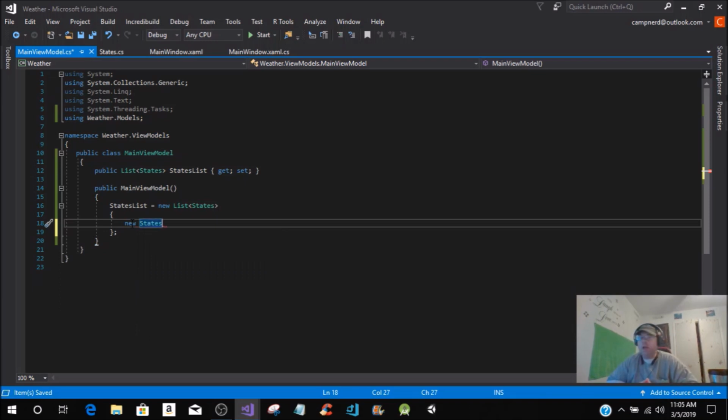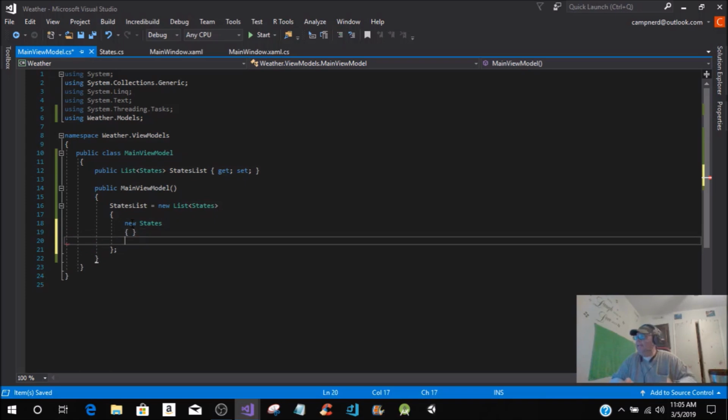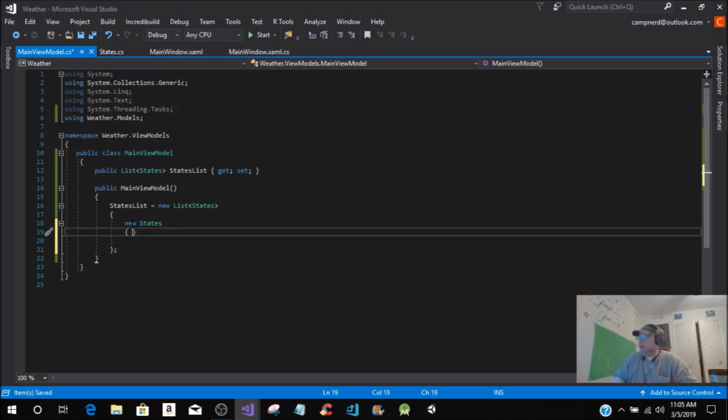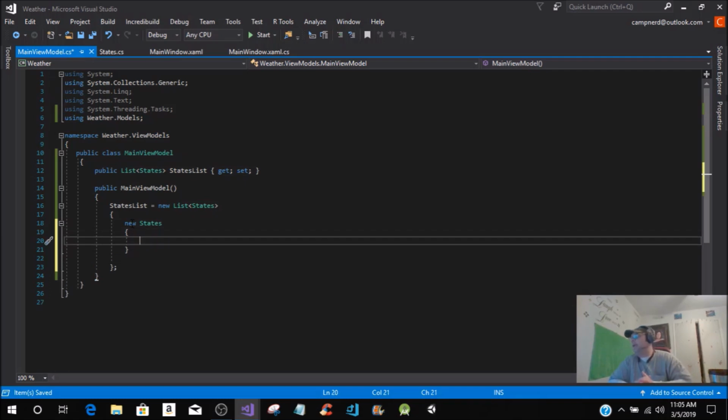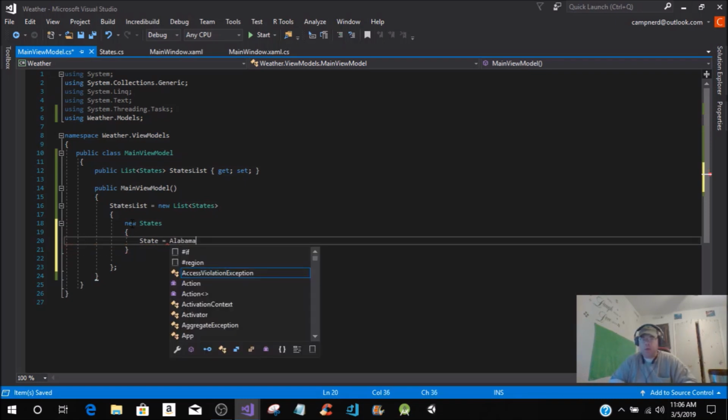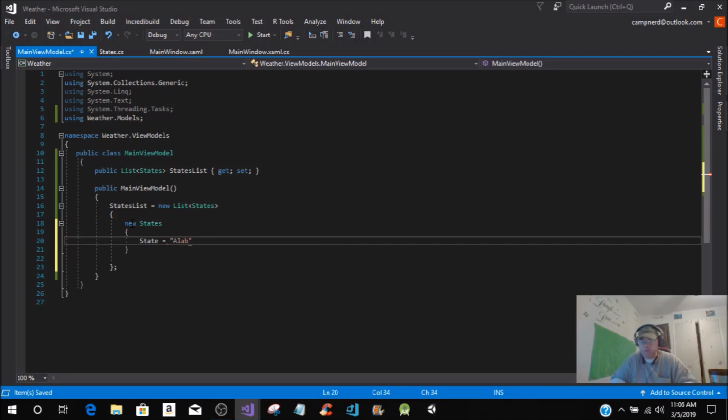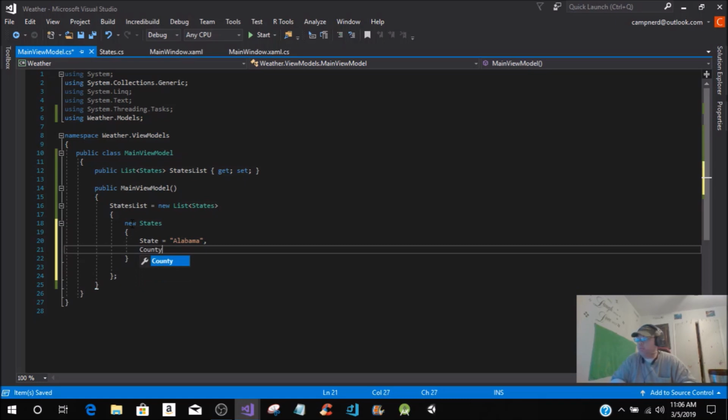Whatever you want to call it. And this new states is going to be like so. And this is going to be state equals, and we are going to put Alabama, but you need to put it in quotation marks, Alabama. All right, and instead of doing a semicolon, you're going to do a comma, and you're going to put